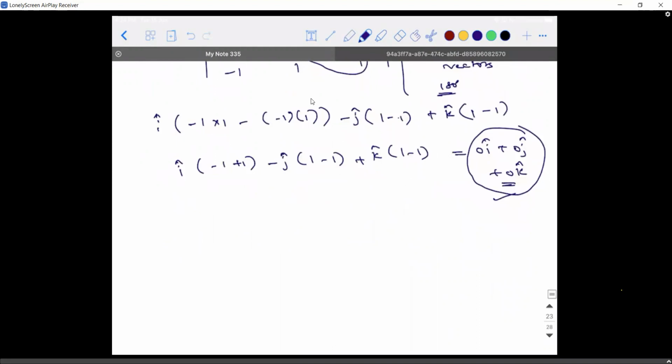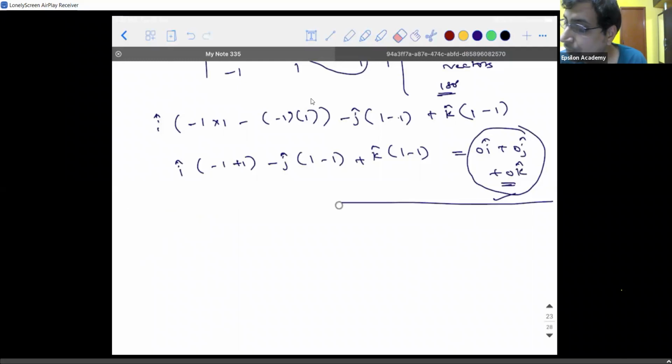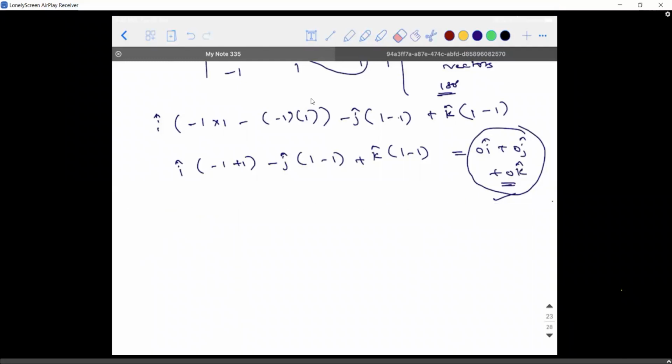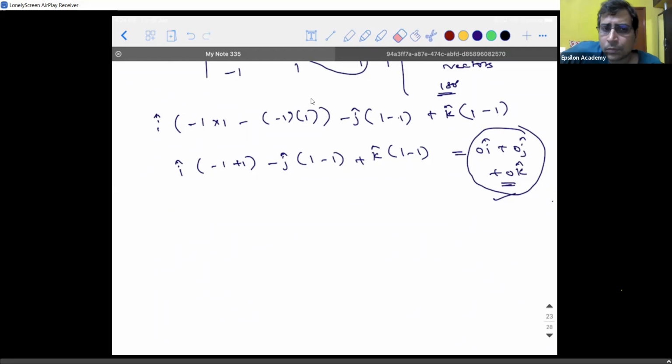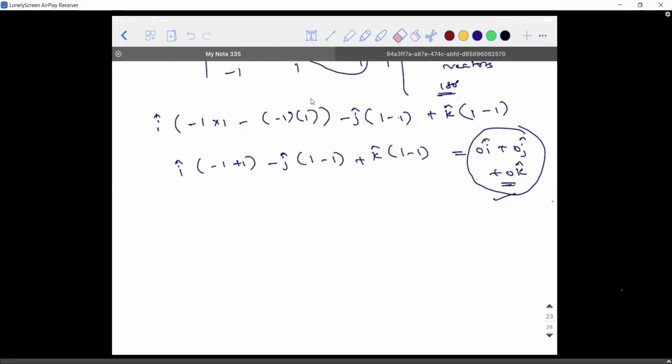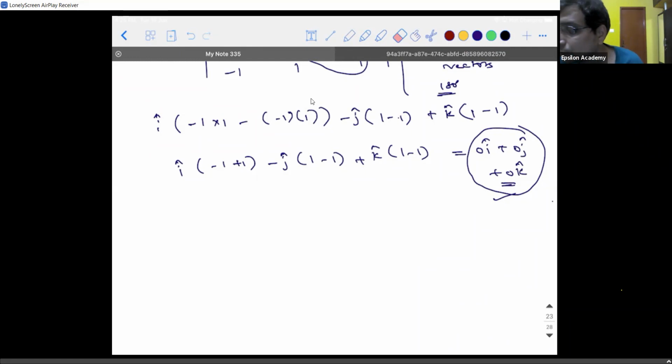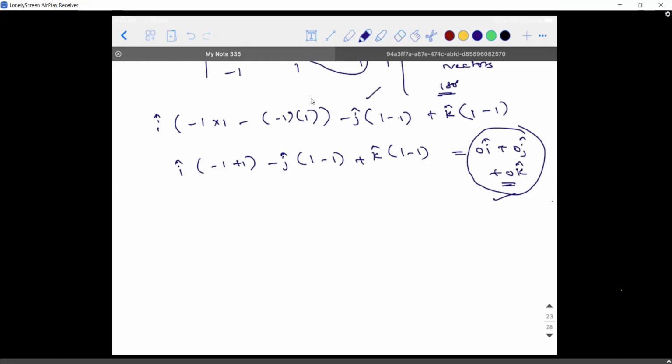Sir, I have a doubt. Right, please tell me. Sir, instead of taking the coefficient as minus 1, if we write minus i cap as 1 in the bracket, minus j cap. Where are you saying? Which part? The coefficients, wherever there is a minus sign, instead of taking the minus sign in the coefficient, we can take it in the i cap or j cap or k cap, right?